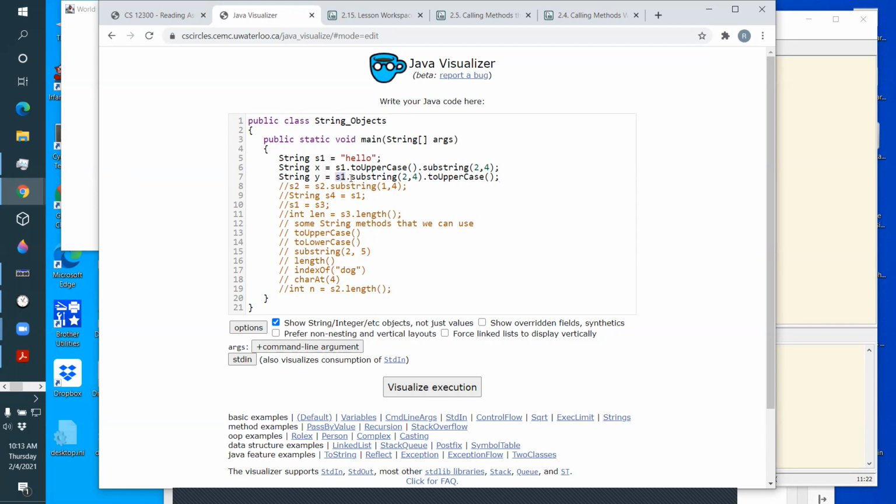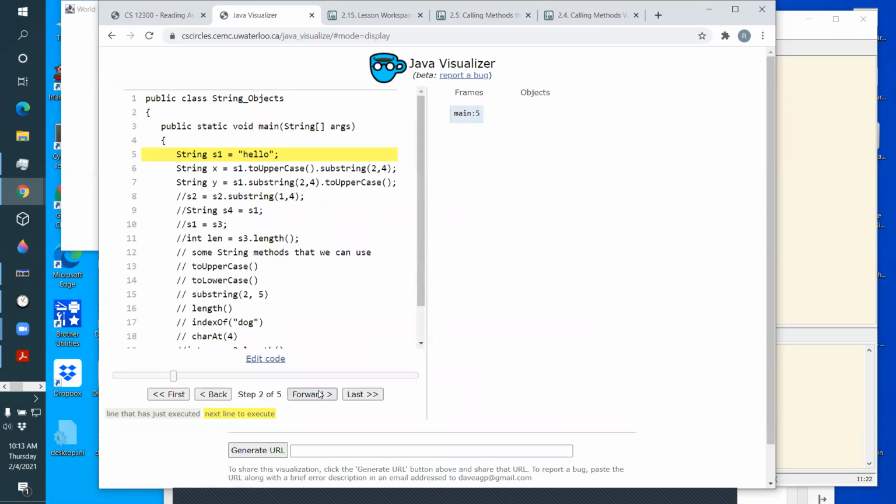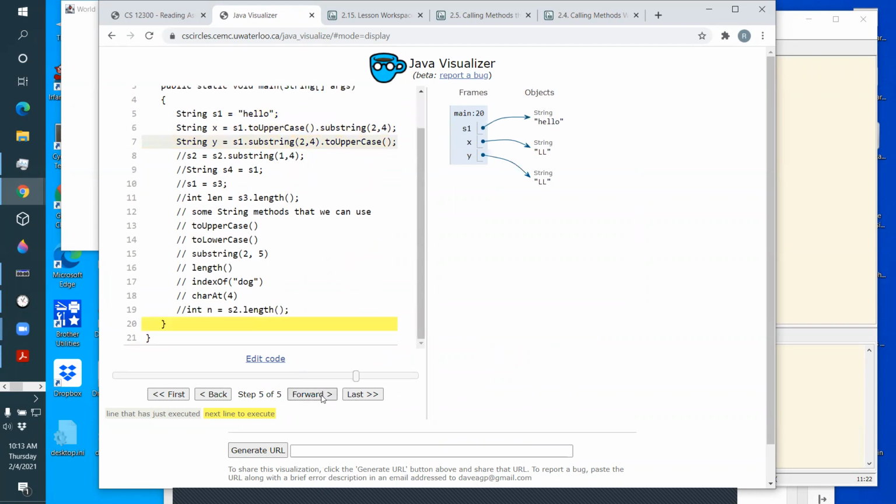Now I'm saying to S1, chop yourself off in a copy. Make a copy of yourself and chop off the copy from the second letter to the third letter. So that gives me lowercase l, lowercase l. But then that string is told to uppercase itself. So I'll get capital L, capital L. So I get X and Y will be the same thing. I get the same answer, capital L, but if somebody asks me what does this line do,